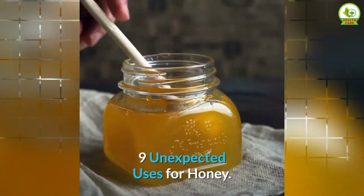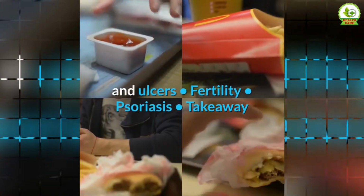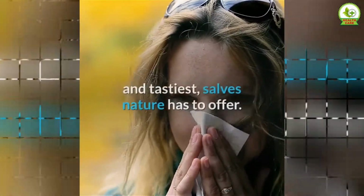9 Unexpected uses for honey. Burns, memory, herpes, diabetes, cancer, hemorrhoids, wounds and ulcers, fertility, psoriasis. Takeaway. Overview. When you have a sore throat or a cough, honey is one of the best, and tastiest, salves